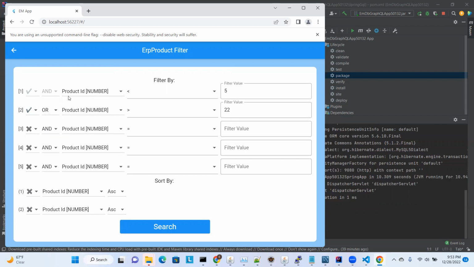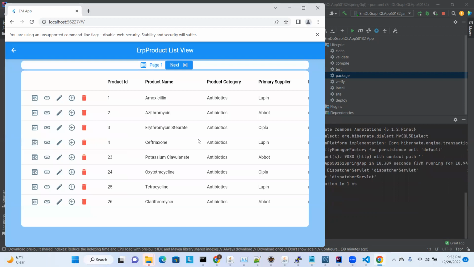So it should be or, so that I get the first part of my product list less than 5, and then I get the end part of my list, which is ID is greater than 22. So I should use or here, and and won't work because this will never be true, both conditions. So actually, my mistake there showed us the ability of filter to select flexibly. So now we have this data. So we have product IDs less than 5 and greater, and then we can now look for our sorting options,